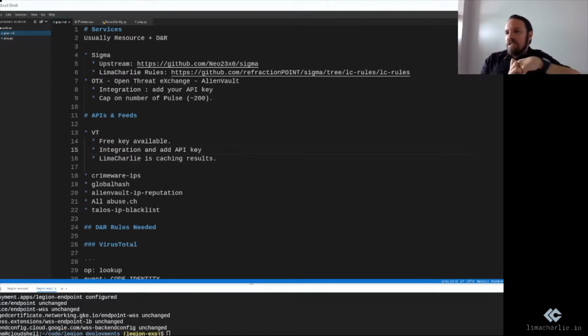Alternatively, let's say that your key has hit the maximum, I think the free is 4 per minute. What's going to happen is that we will just skip over it and keep going. Now, that's not great. And there's a bunch of different ways that you can get a bigger key. Realistically,